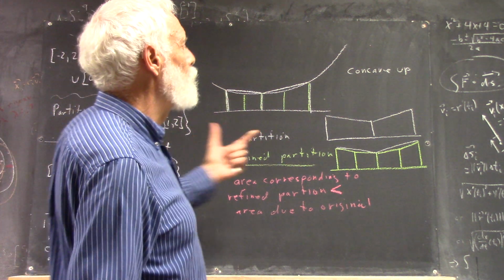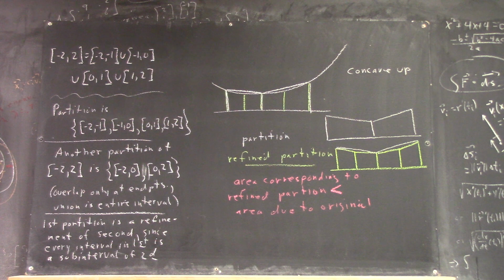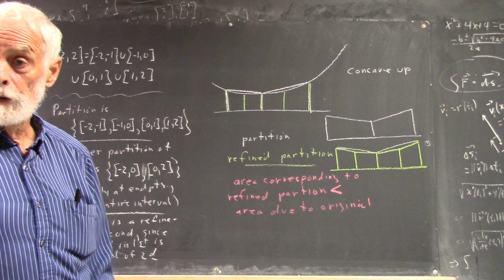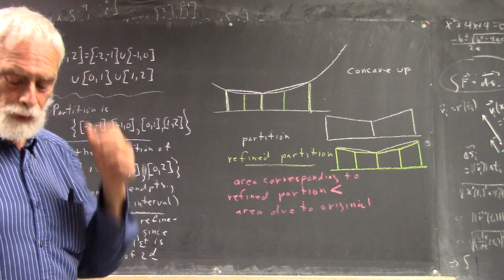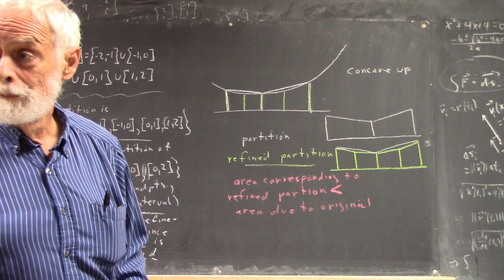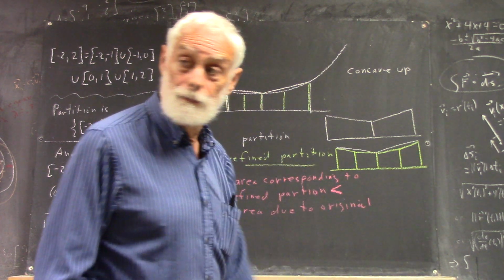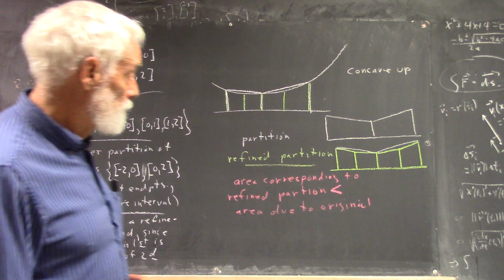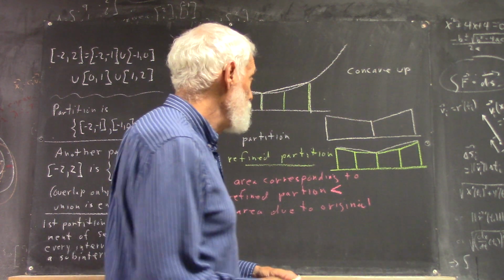Now the question is, where's the curve? What's the area under the actual curve? Is it more or less than the area under this refined partition? Well, what if we refine the partition again? What if we cut each of these intervals in half? It's not going to be as easy to see, but the same thing is going to happen. The area is going to be less, but in every case,